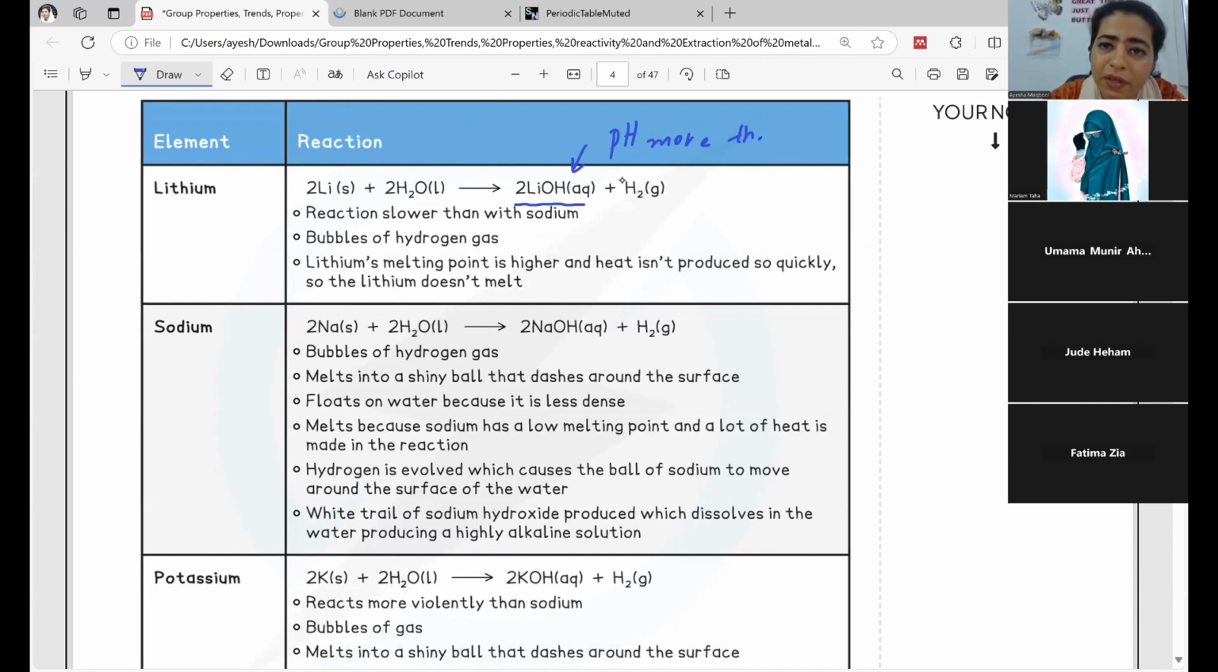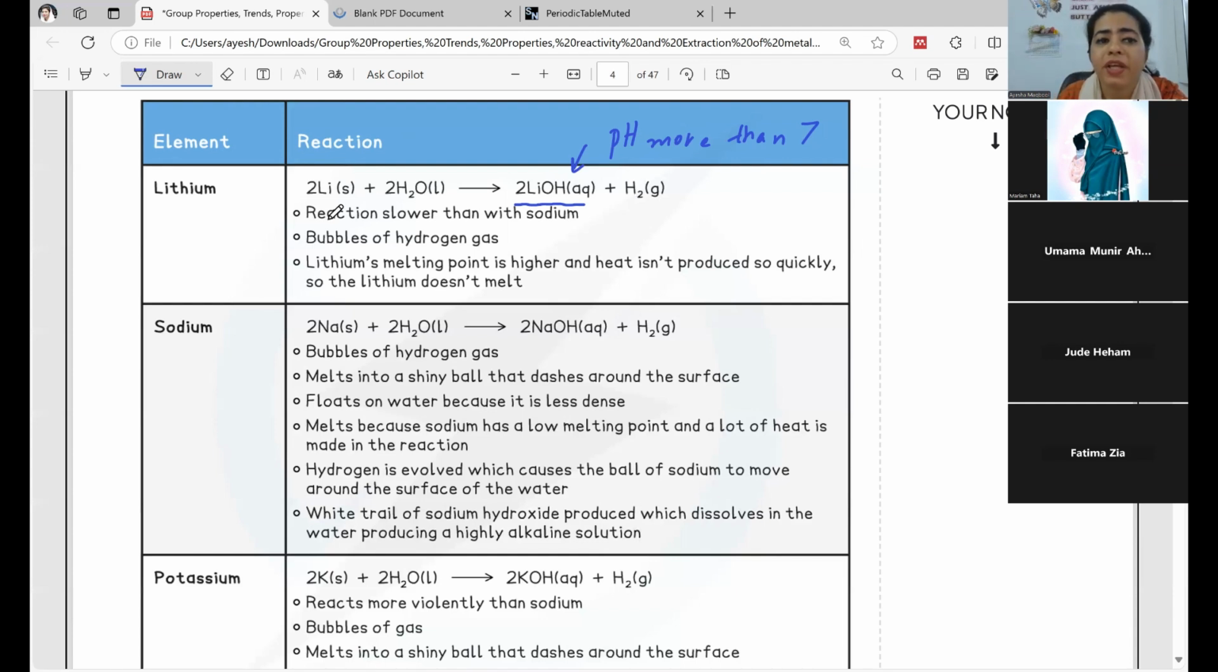More than 7 is an alkaline solution. Okay. So with hydrogen gas. Lithium, all the metals are solid at the start, so lithium's state will be solid. Water we are taking in the form of liquid. LiOH is mixed with the water, in solution form, so it is going to be aqueous, and hydrogen gas will be